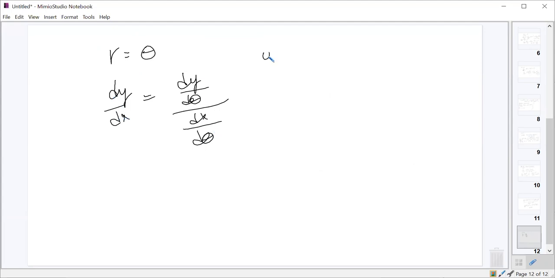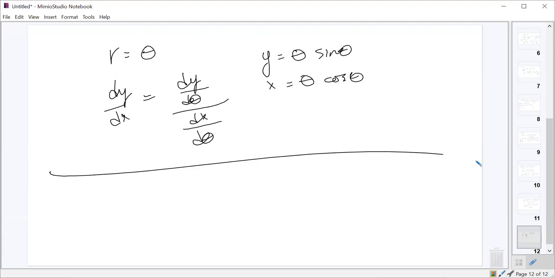And so we have to be able to write y equals our r value, θ times sine θ, and our x is θ times cosine θ. And then you'd find the derivative. You'd find dy/dθ, you'd find dx/dθ, and you'd divide them. And if we have a parametric, suppose I gave you a parametric, we'll just call it x of t, y of t,